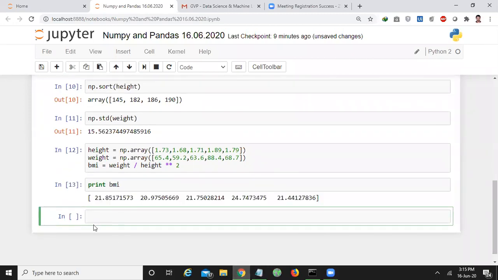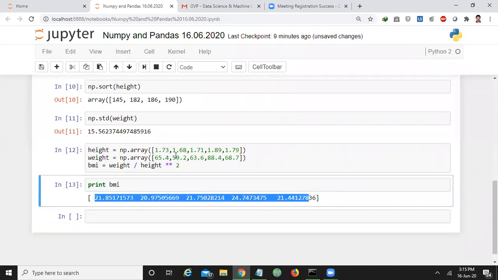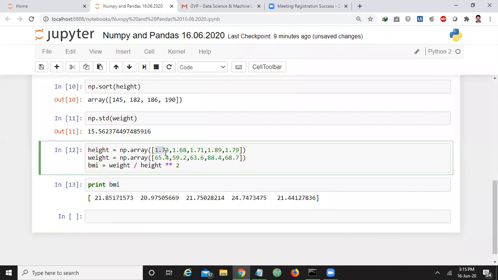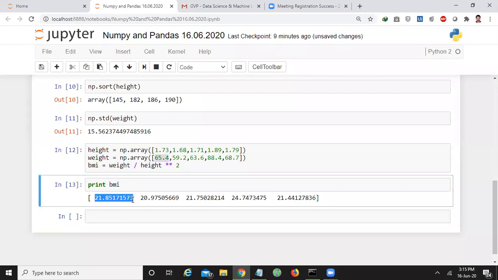See, these are the body mass indices of each of the people we have the data for. The person who has height 1.73 feet and weight 65.4, his body mass index is 21.85171, like that. And the corresponding body mass indices will be calculated like this at a time.